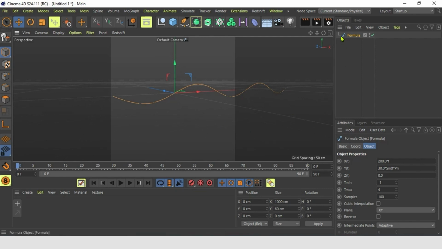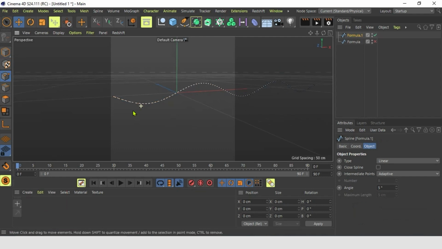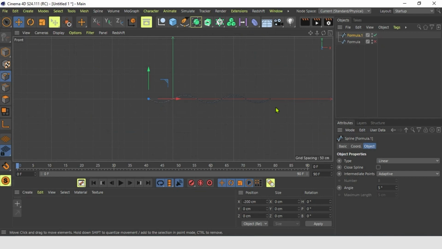Good. So we duplicate this wave and keep this one for later. We hit the C button so it gets editable and we can choose our points. Let me go to the front view so you see it better.